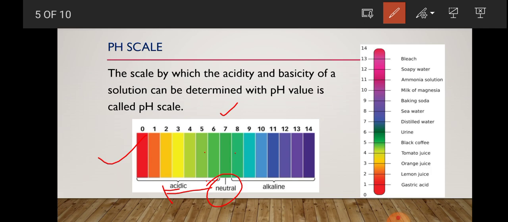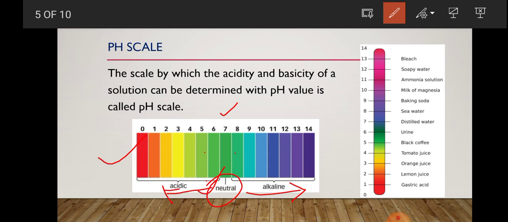And on the other hand, if some base is added to water, that is a neutral solution, the concentration of hydroxide ion increases due to the dissociation of base. So the pH of that solution increases, that is, the solution is alkaline or basic, and it is above 7. Therefore, if pH is 7, we can say the solution is neutral,